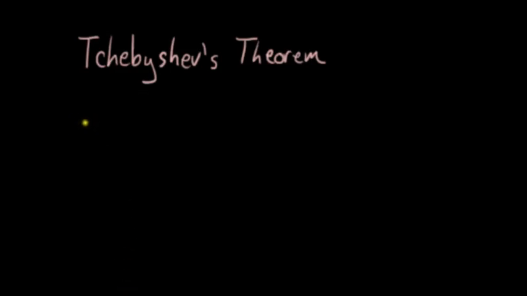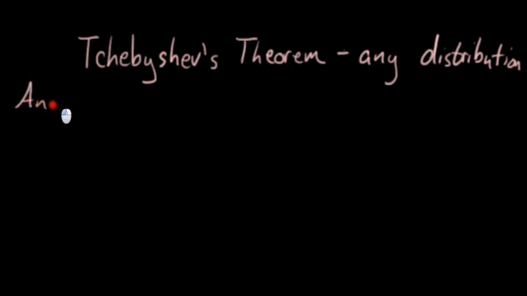In this video, we're going to talk about Chebyshev's theorem. It's a lot like the empirical rule, but it works for any distribution. The empirical rule was just for a bell-shaped curve. But for any distribution, you don't get as good of results as you do for the empirical rule, but you can still get something. So basically, Chebyshev's theorem says that for any value of k,